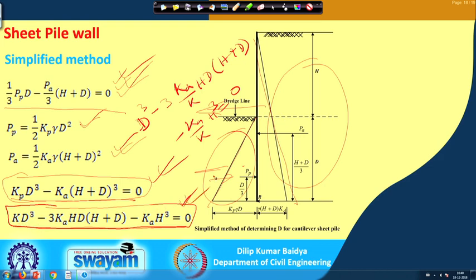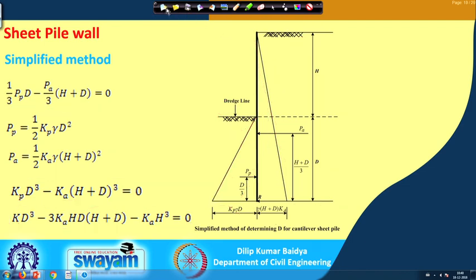This is again a cubic equation, you can solve it by trial and error for d. If you compare that d with the rigorous analysis, you will see they will not be very close, there will be some difference. Obviously, we can use a factor of safety to compensate for that. So this analysis, particularly for class examination, is more applicable for you. In fact, I have shown the rigorous analysis, but in the exam you can expect only the simplified method.